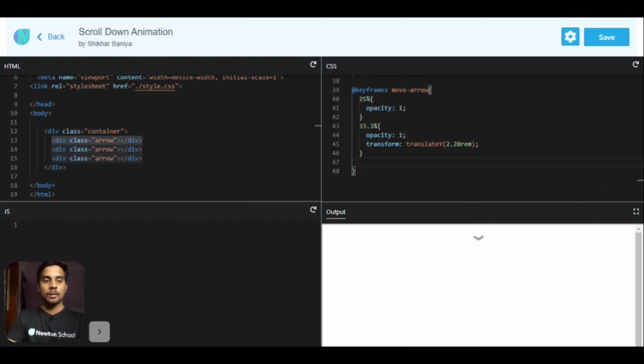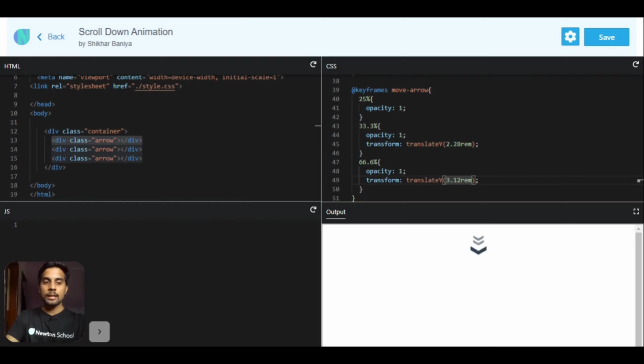Next, let's target 66.6%, and at this point I want to change the opacity to 1 and I want to transform and translate y, and the value will be 3.12 rem. Now it's looking great, but as you can see, when it is going downwards, it is again going back to its original position, that is 25%.